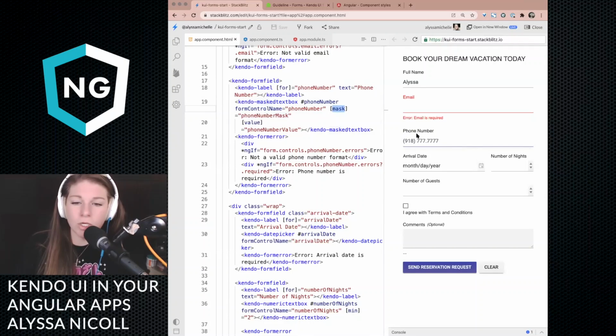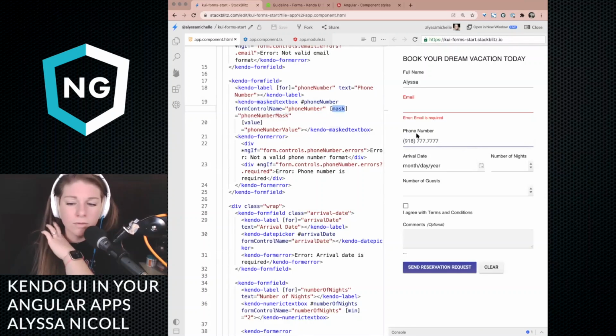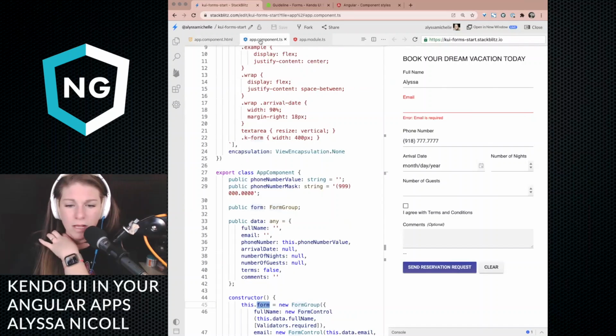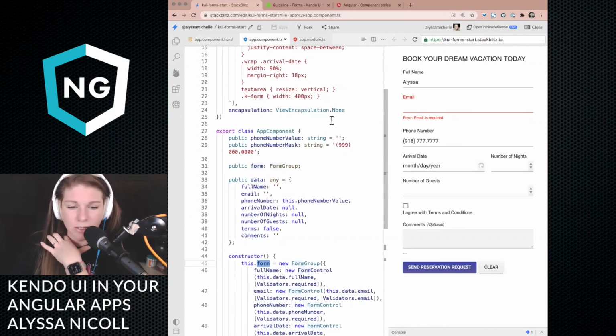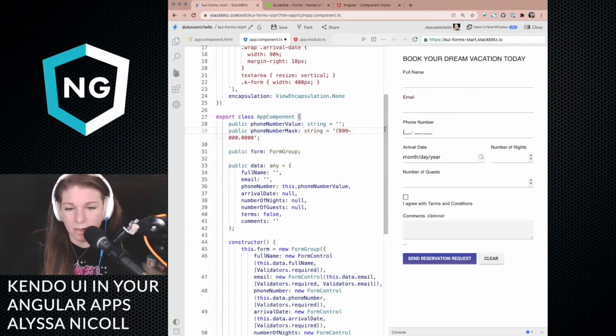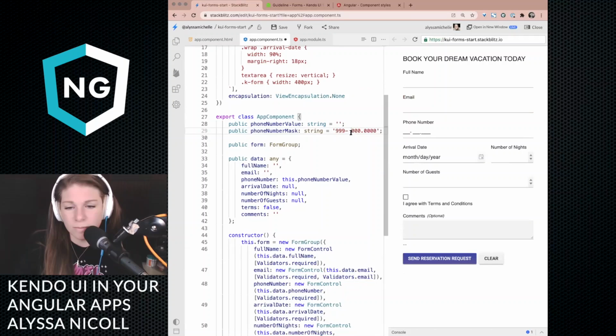But as you know, phone numbers around the world vary wildly. And so the mask is, if we go down here and look at this phone number mask that we have plugged in, we can change this to, let's say, dashes between everything. And I was actually working with UK numbers recently, and I think they're like 13 numbers or something. I was like, oh, so many numbers.